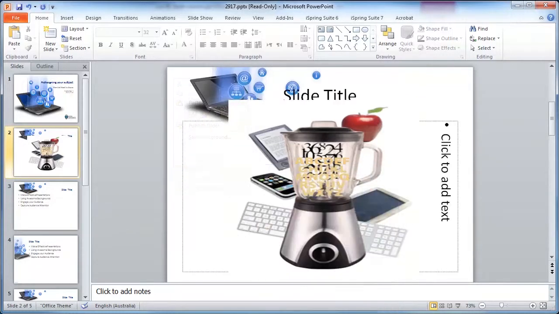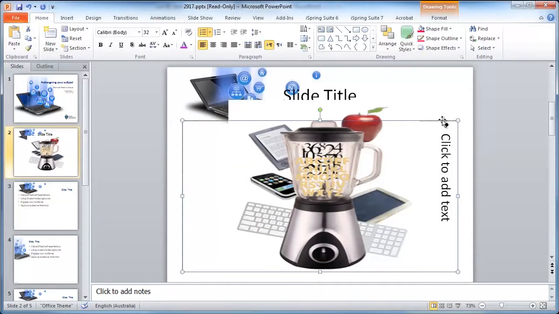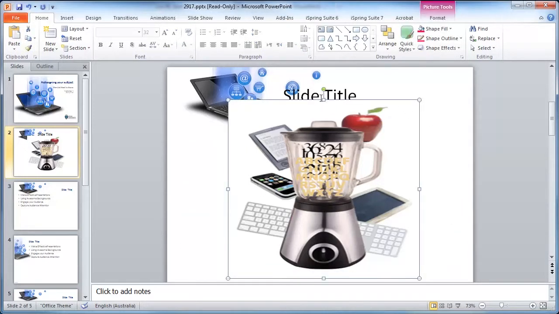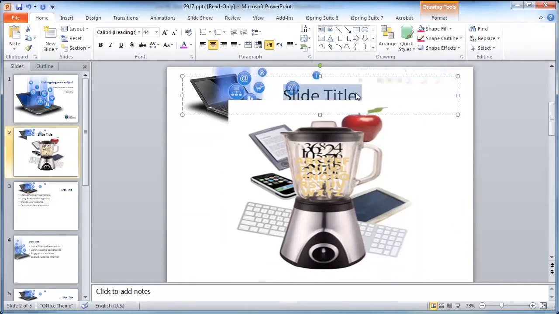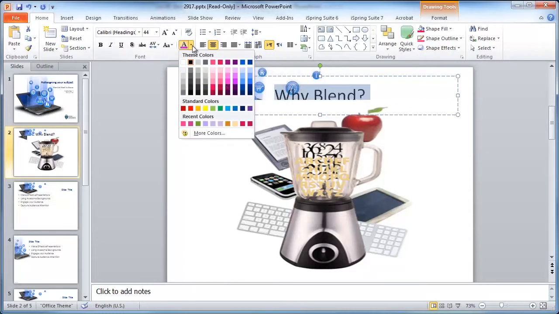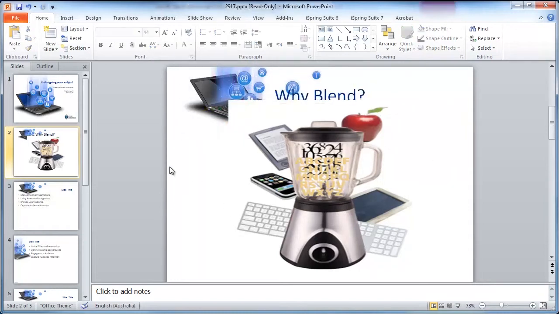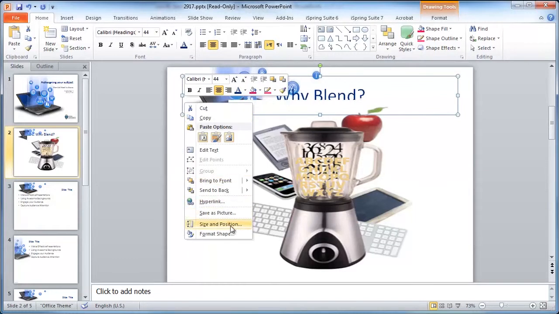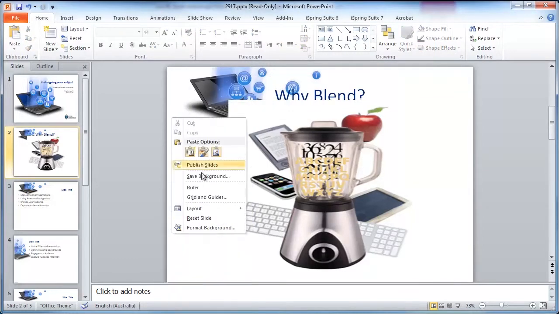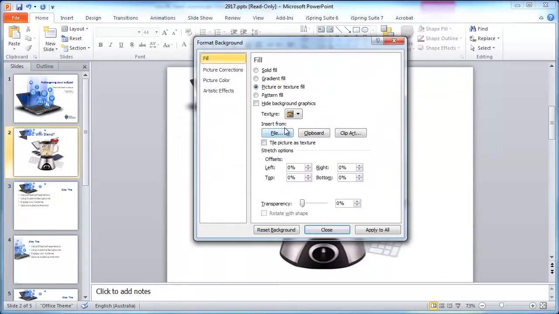I might decide that one is going to work a bit better. Again, I can choose a color from my color scheme here. So I might go with a dark blue. I want to remove the background image, so I can go down to Format Background. And on this particular slide,